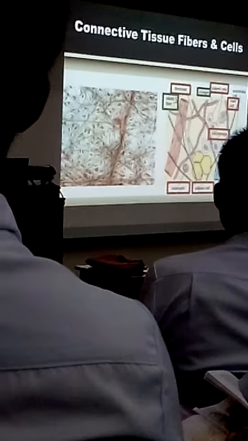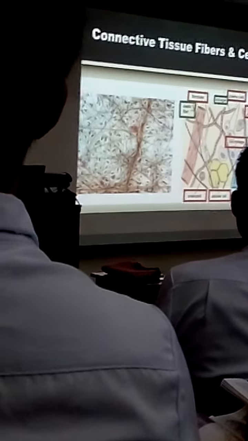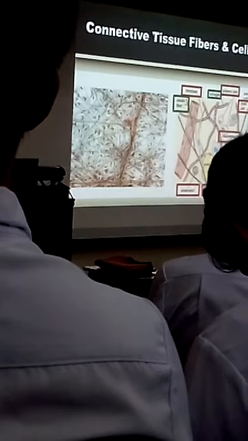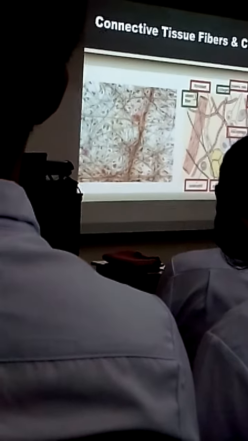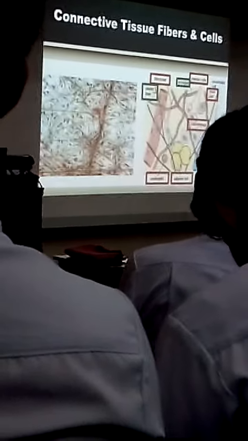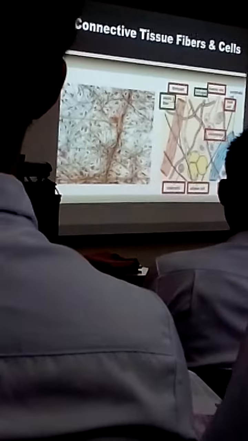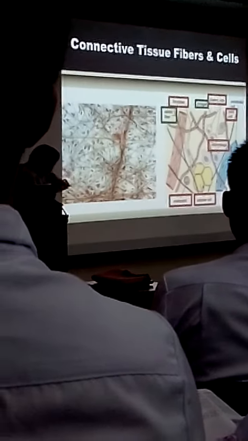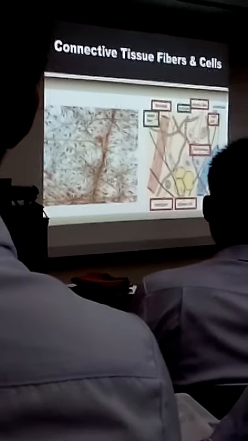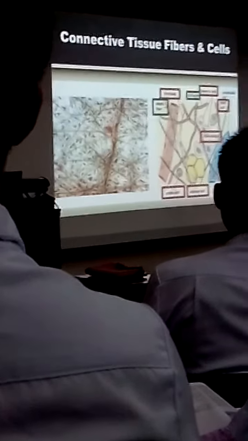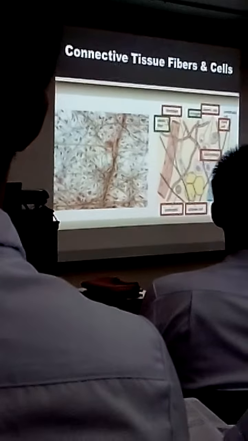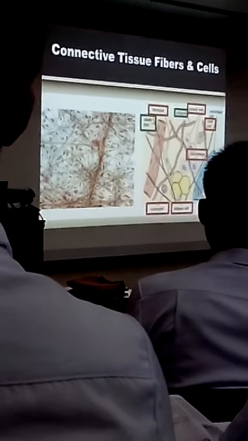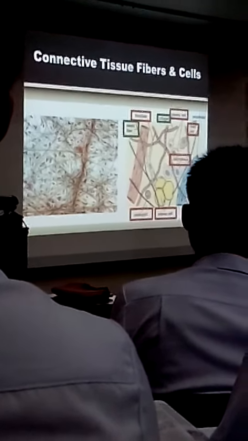So that's actually a blood vessel, and you can actually appreciate the RBCs inside. Then the elastic fibers are the dark blue. I think it's blue there, or black in your screen. So it's thin, long, and branching threads. So these ones, they look like hairs. And then we have the collagen, which are brown stain. They appear brownish or orange, and then they are long, straight, thicker than the elastic fibers.